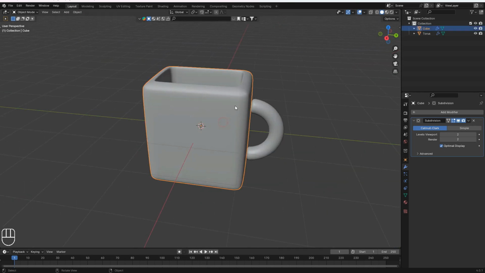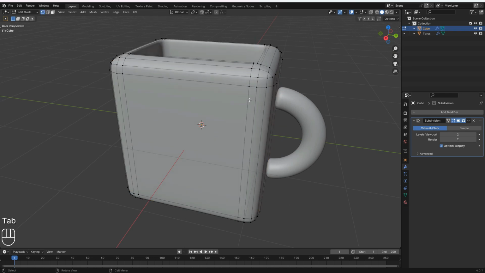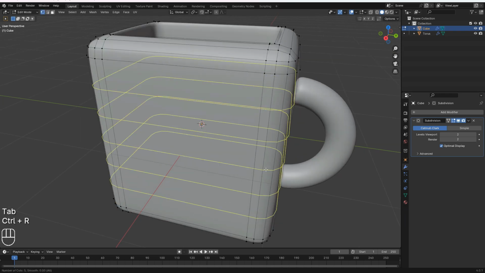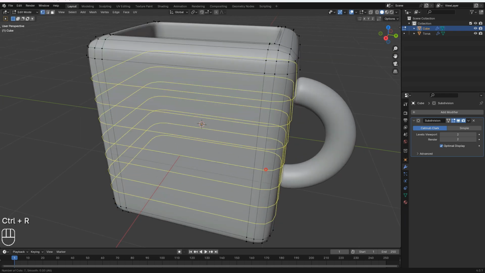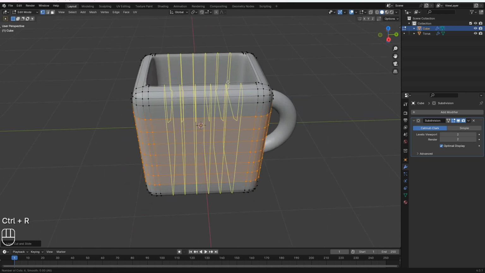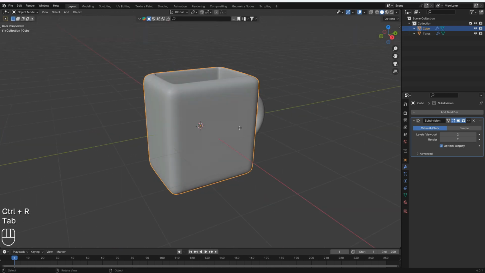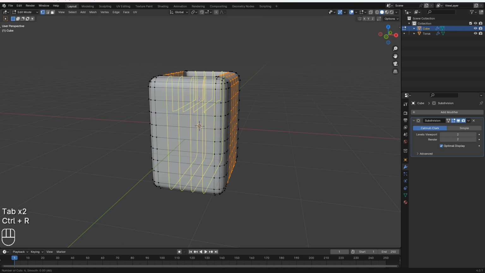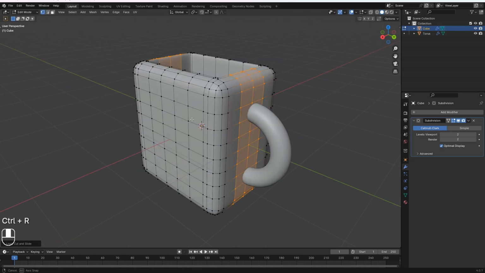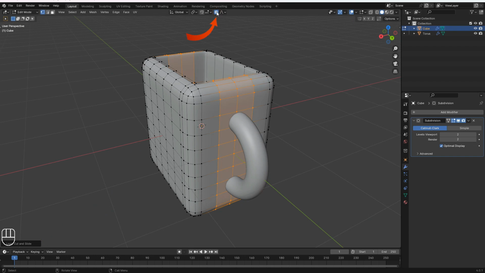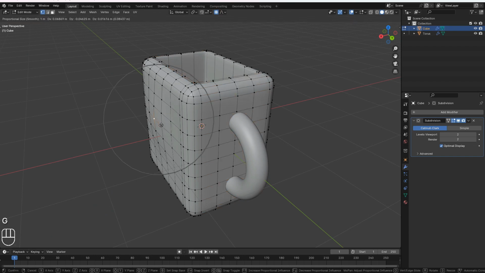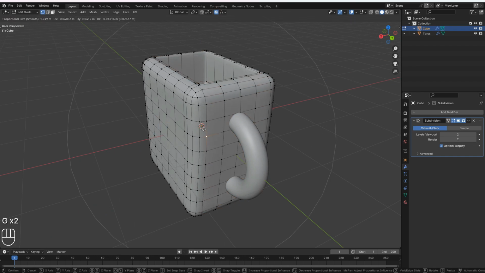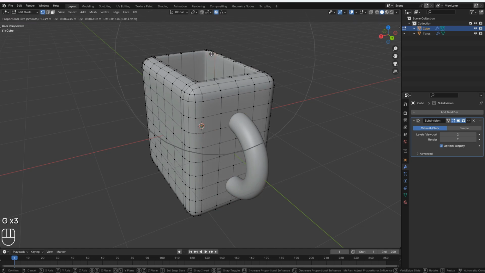So I'm gonna select this and then go to edit mode. Now I'm gonna add a bunch of loop cuts over here like this. Some of them like over here and a bit over here. And now I'm gonna turn on the proportional editing and then select these and move these to make it janky,